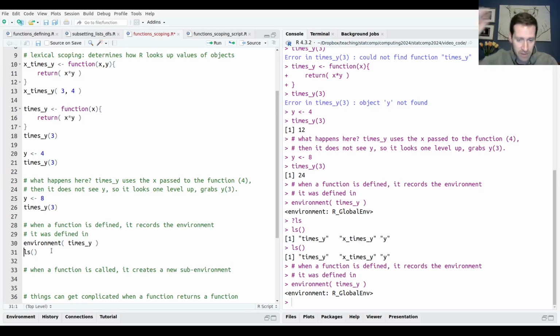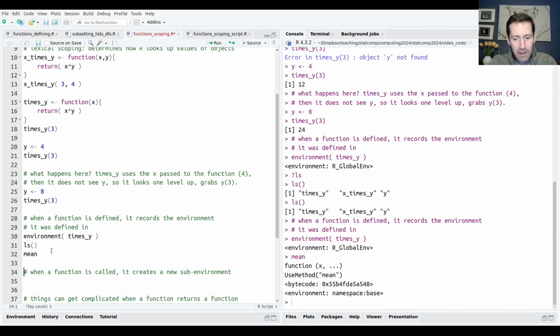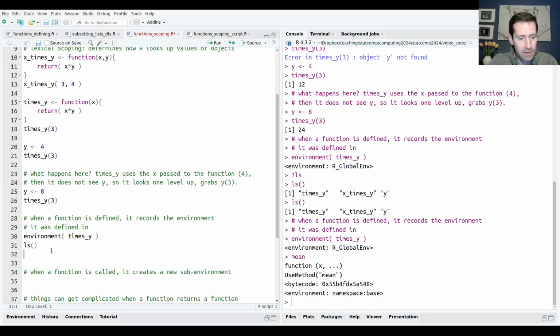In the documentation, it says it only gives you the user-defined objects, but things like mean are objects that are available in the global environment, but not returned by ls because there are just lots of functions. So it only gives you the ones that are user-defined. Okay. So the environment of times y is